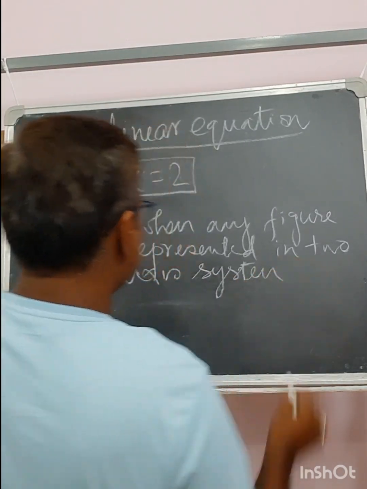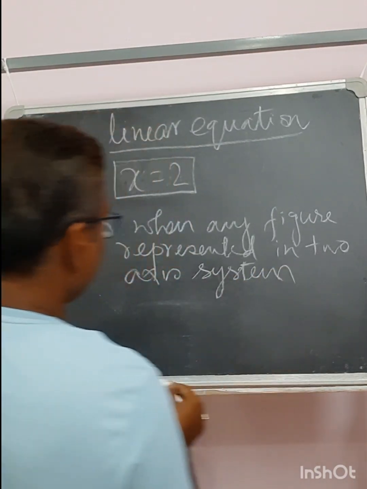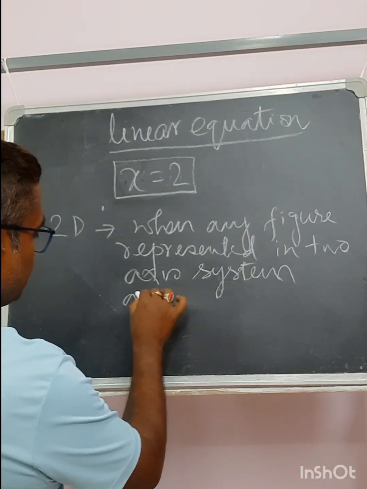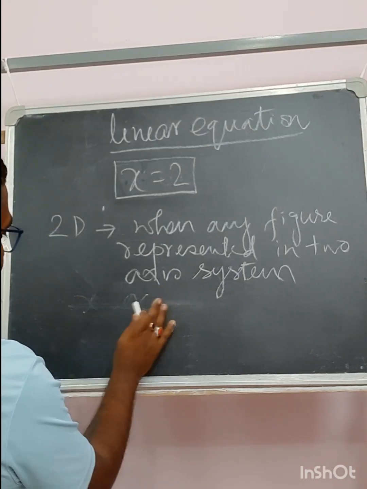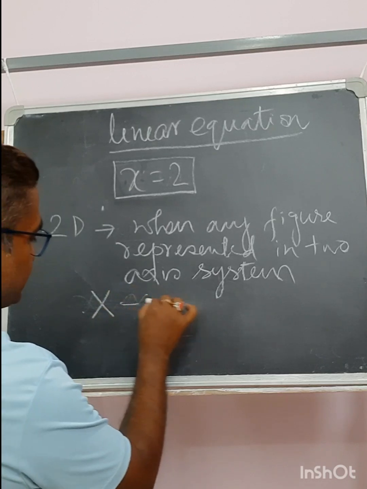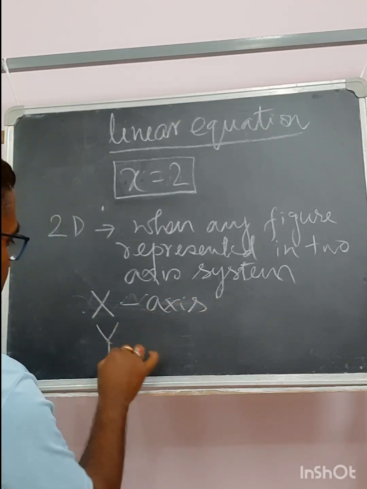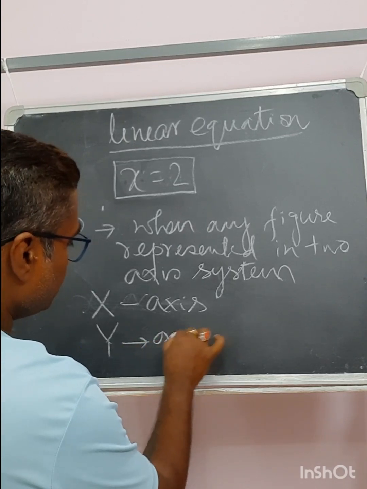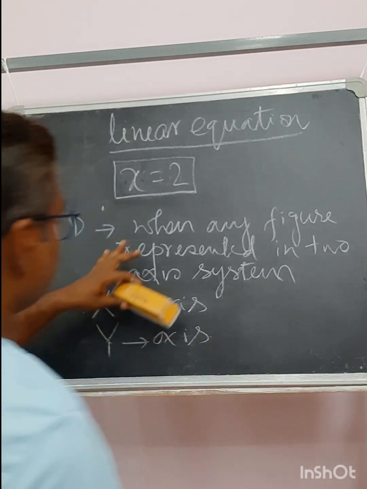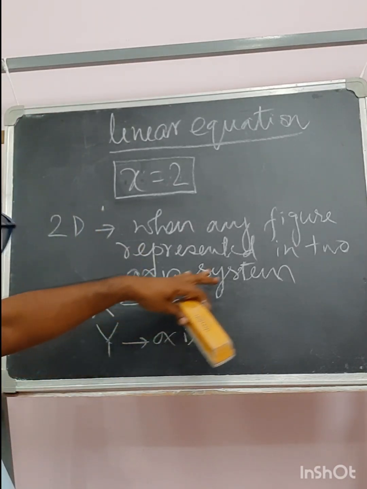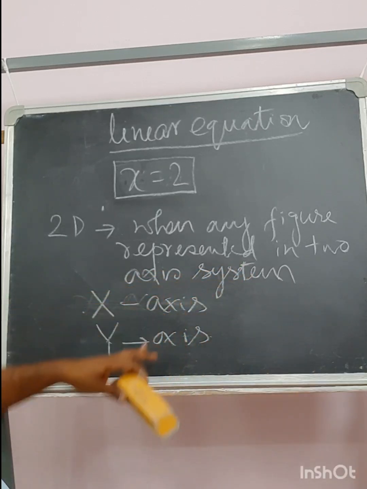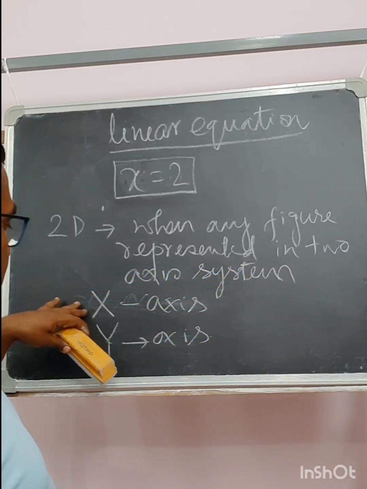What is a two-axis system? This is nothing but the x-axis and y-axis. When a figure is represented on a platform where two axes are there, x-axis and y-axis,